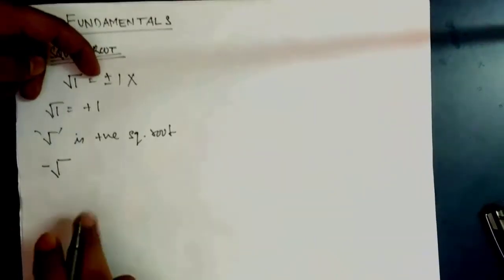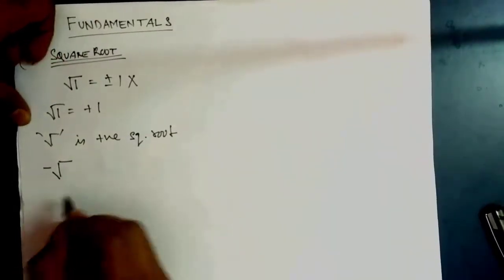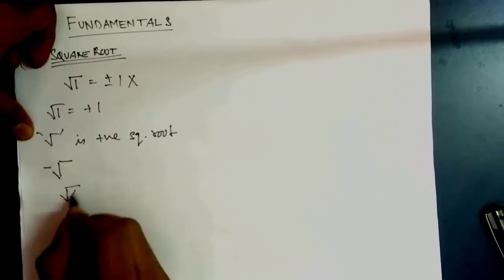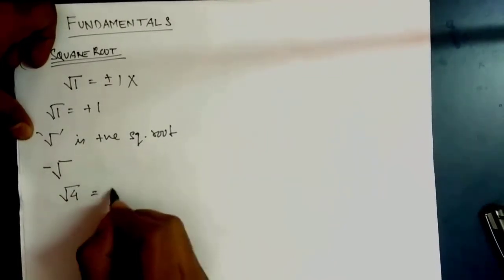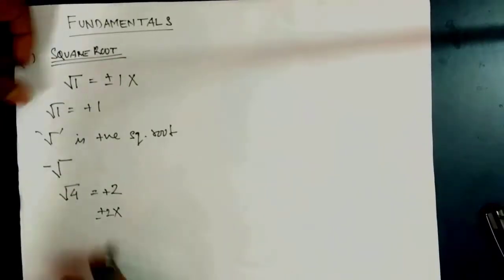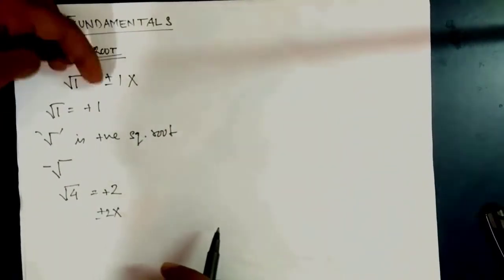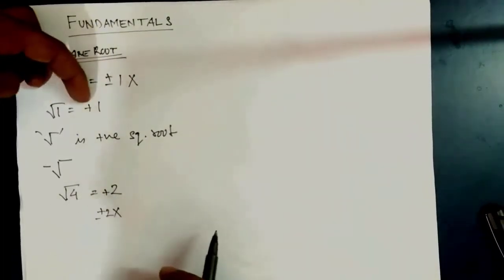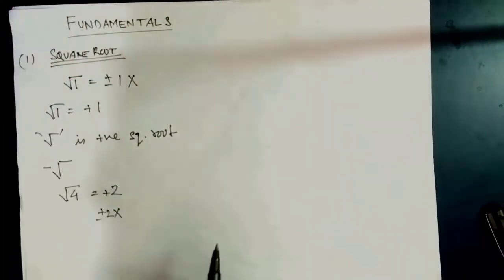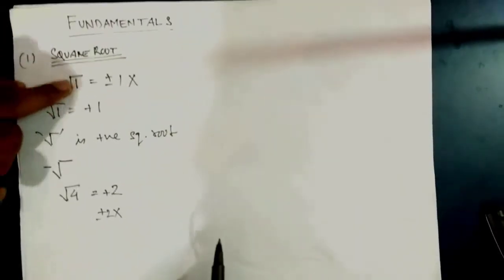This is important, and many people write plus minus 1 in many books. You have seen this also. This is absolutely wrong. The value of under root 4 is equal to plus 2. If you write plus minus 2, it will be wrong. So keep this in mind about square root. I'll revise once: under root 1 is not equal to plus minus 1, but under root 1 is equal to plus 1 only. Later, when we do transformational graphs, I'll teach you with the graph how this value is only plus 1.